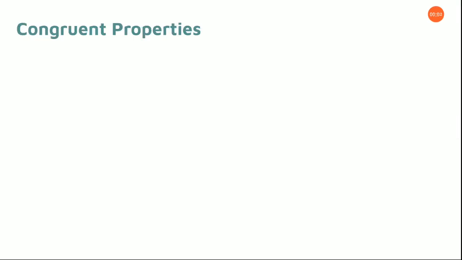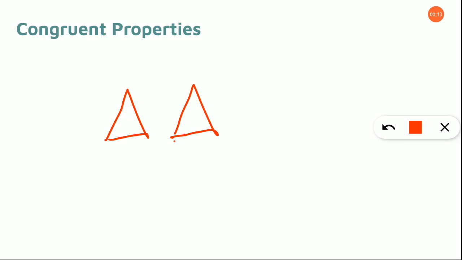Today we are going to start with congruent properties. What is congruent? It means when two shapes, any two shapes, are same with the measurements also, only then we can say those two are congruent to each other. That is, when you take the second one and place it on the first one, only one triangle should be visible to us. Okay? Clear? We had an example, right?